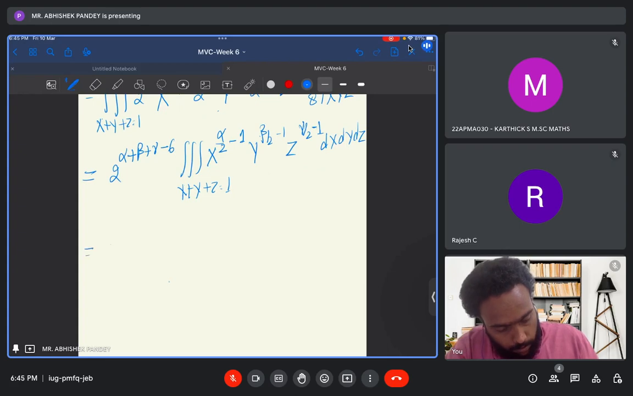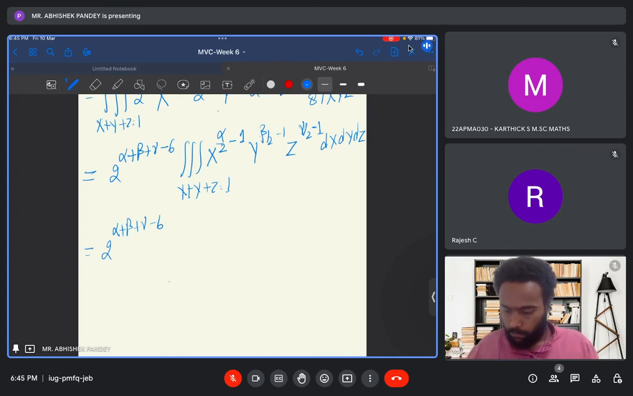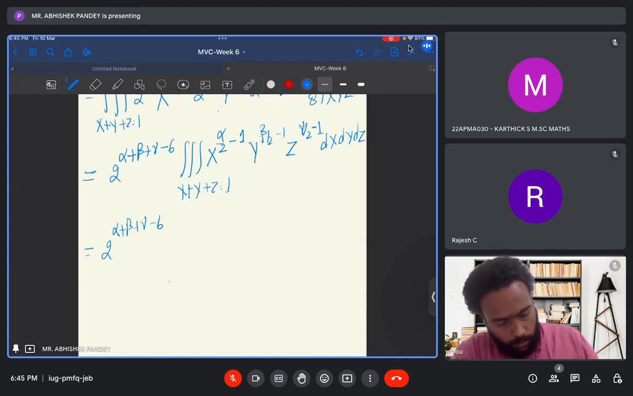Okay, and this is again 2 to the power alpha plus beta plus gamma minus 6. Okay, and this will become gamma of alpha by 2, beta of alpha by 2, gamma by 2,